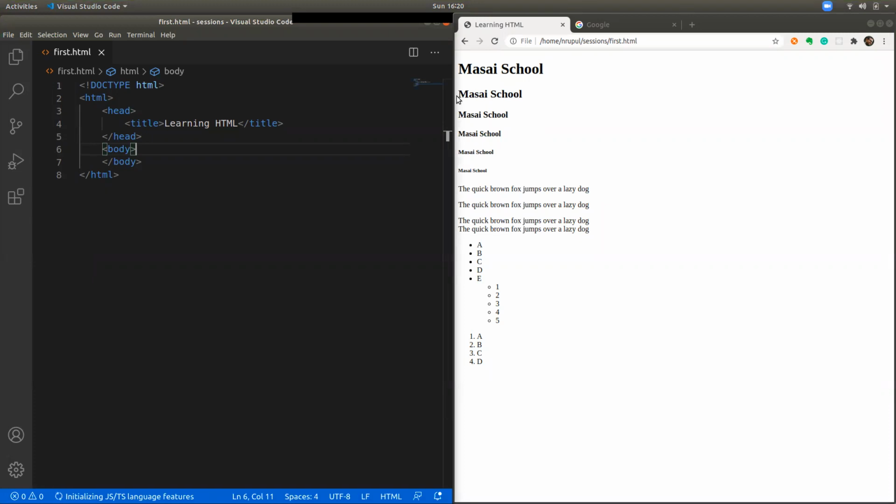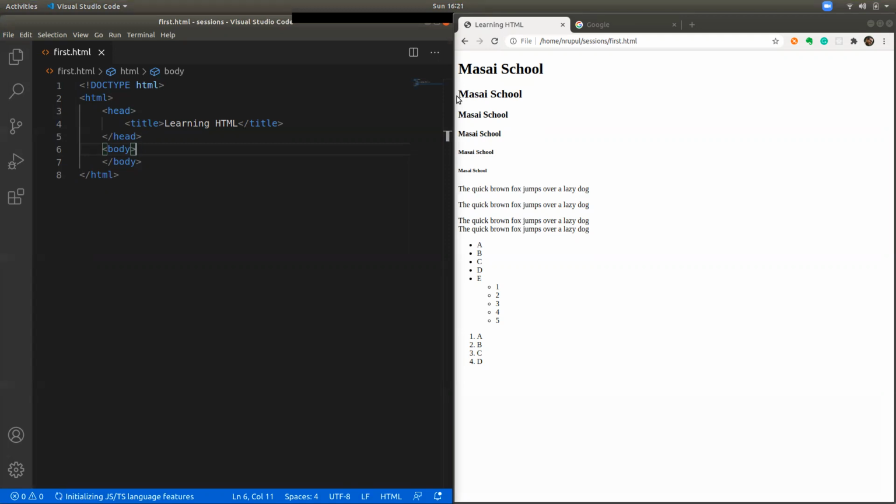Now, before jumping into the next concept, let's look into something called attributes. Basically, whenever you want to provide extra information to a tag or an element without it being shown in the browser, you have to use these things called attributes. I'll explain the syntax of the attribute and how to write them.